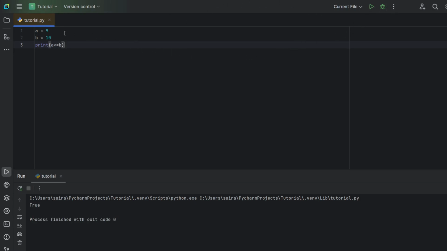And now if we run it, it'll print true. 9 is indeed less than 10. But if we make both of them 10, it'll once again print true as it's less than or equal to. And one of the conditions is satisfied, so it'll print true. Now if you put 11, it'll print false.